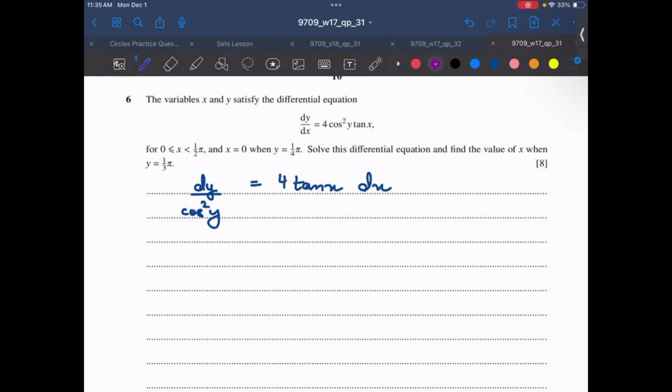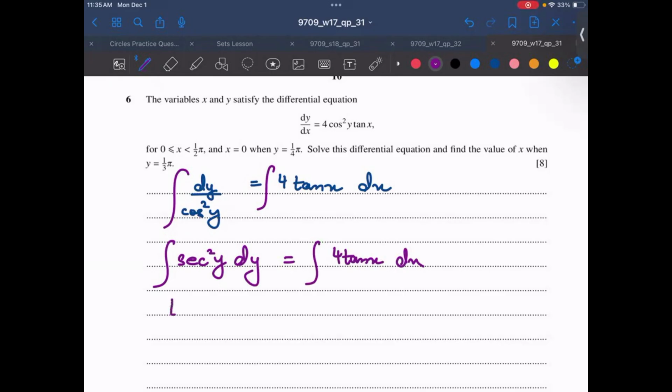Now we'll integrate both the sides. To integrate 1 upon cos² y, we can first write it as sec² y dy equals 4 tan x dx. Now the integral of sec² y will be tan y, because the derivative of tan is sec². So we'll get tan y is equals to, the integral of tan x will be,